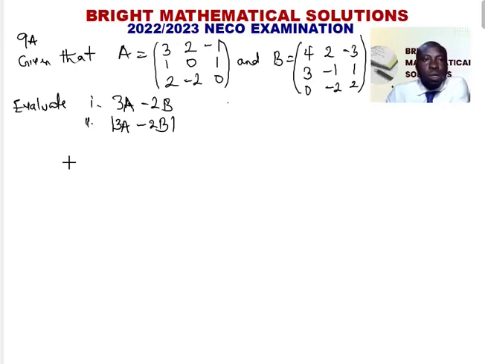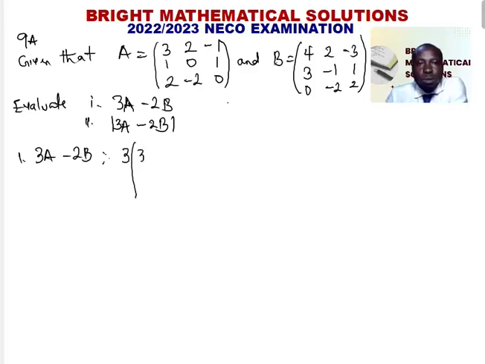Hello, this is question 9A of the 2022-2023 NECO examination. It's a matrix question and it says given that A equals this and B equals this, evaluate 3A minus 2B. So to evaluate this, it will be 3 into 3, 2, minus 1, 1, 0, 1, 2